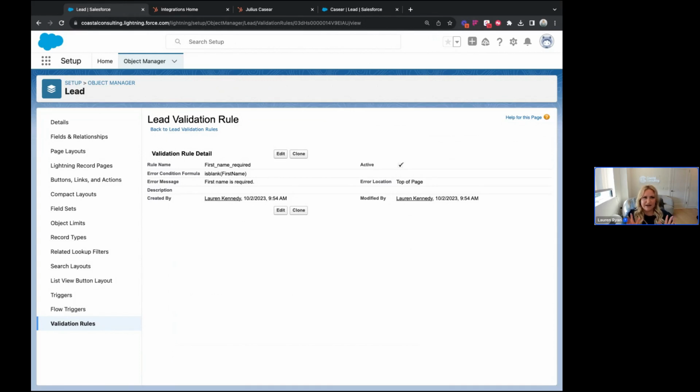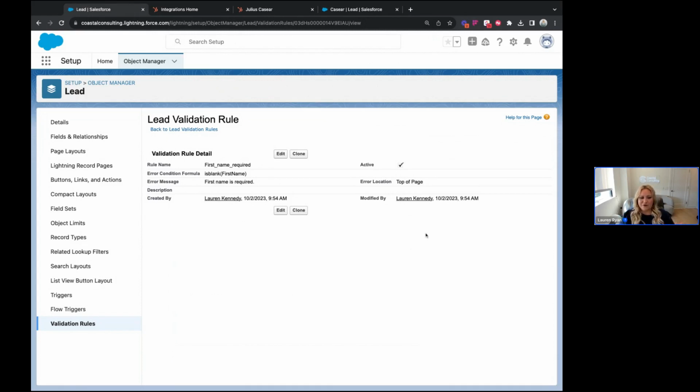So let's say we needed call notes. Like we see that they had a call with them. We need call notes before they can save this record. HubSpot shouldn't be bound to that requirement because HubSpot didn't have the call. They don't know the data. They can't do that. So excluding the running user from updating this is really